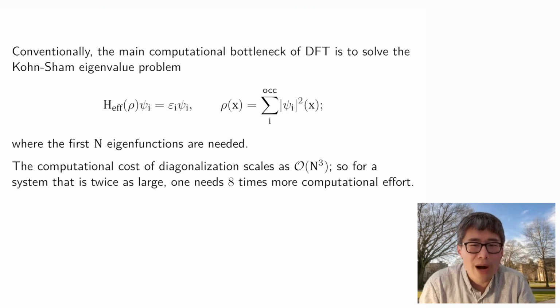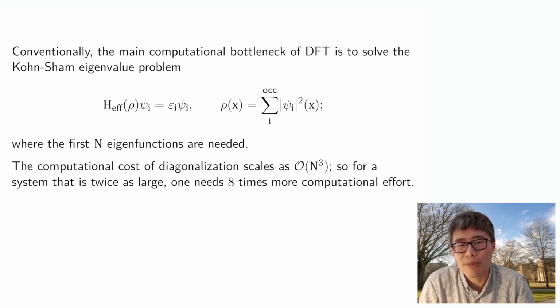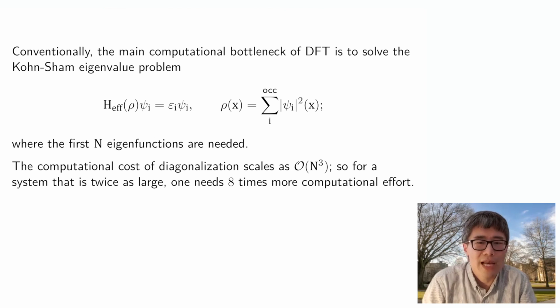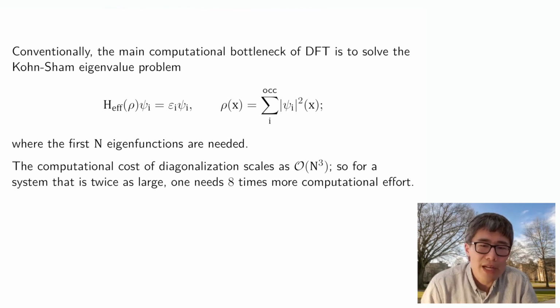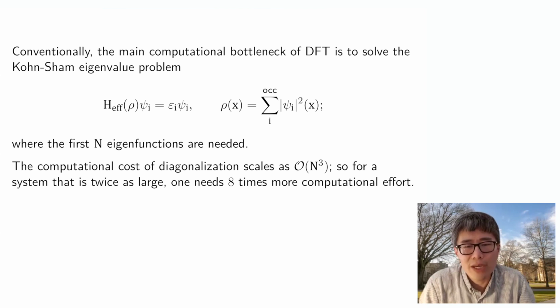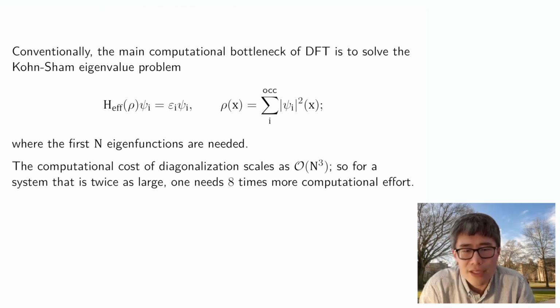To explain why we are stuck at 100 atoms, the fundamental issue is that if you try to solve the Kohn-Sham DFT in the traditional way, just as the model has been written down, the computational bottleneck is to solve an eigenvalue problem, which I write on the slide. The eigenvalue problem involves diagonalizing a matrix. If the matrix is n by n, you can think of this n as roughly proportional to the number of electrons in the system,